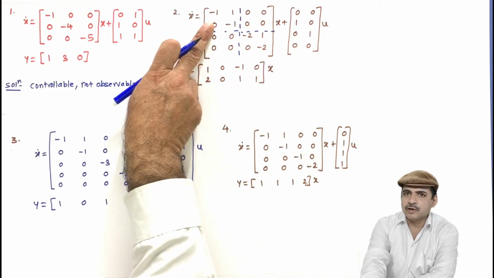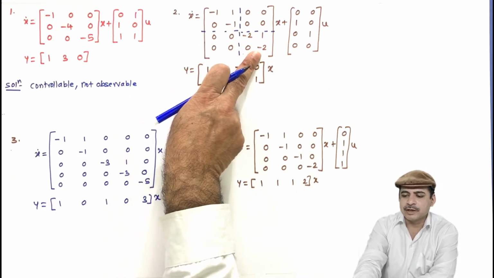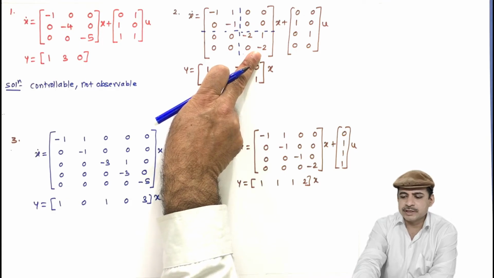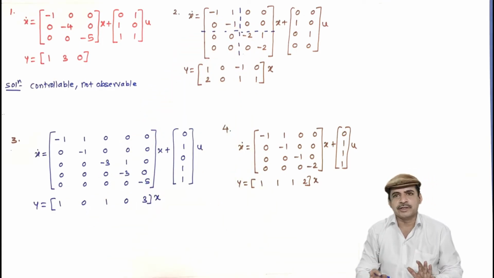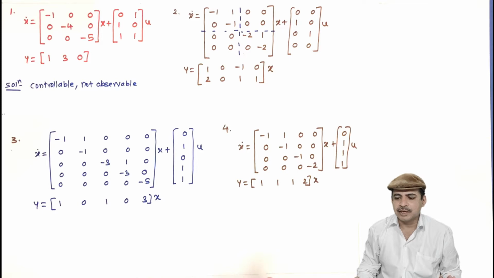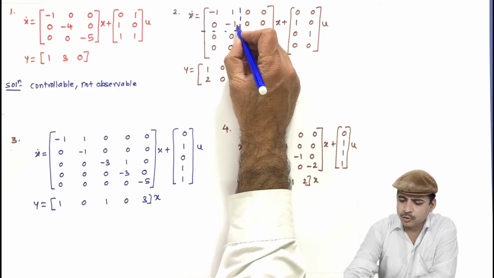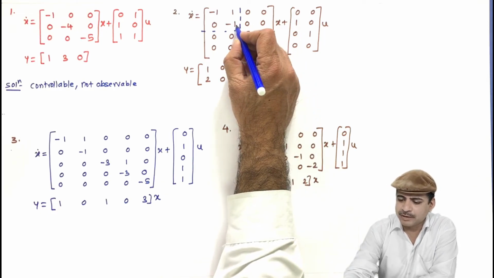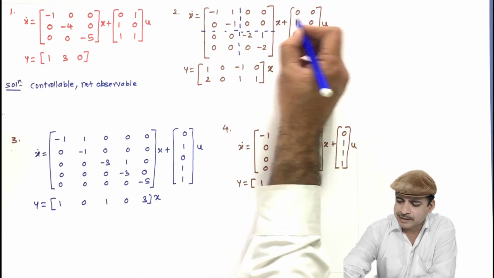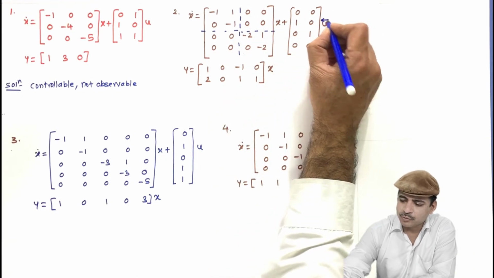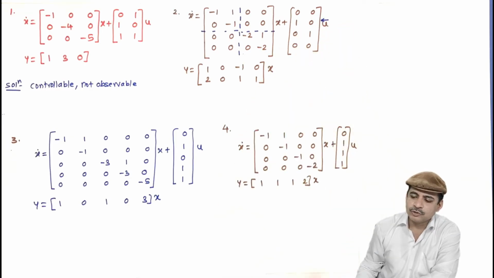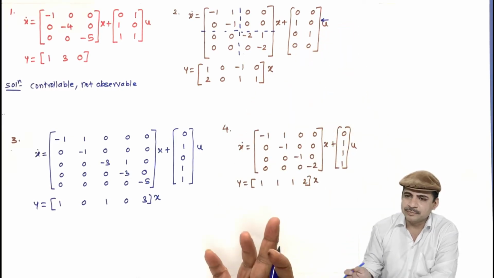One corresponding to eigenvalue minus 1, the other corresponding to eigenvalue minus 2. So these are two different eigenvalues, so condition 1 is satisfied. Now there is no distinct eigenvalue, so let us directly move to condition number 3. The last row corresponding to the Jordan block for eigenvalue minus 1 is the second one, this one, and it is having 1 0, so it is valid.